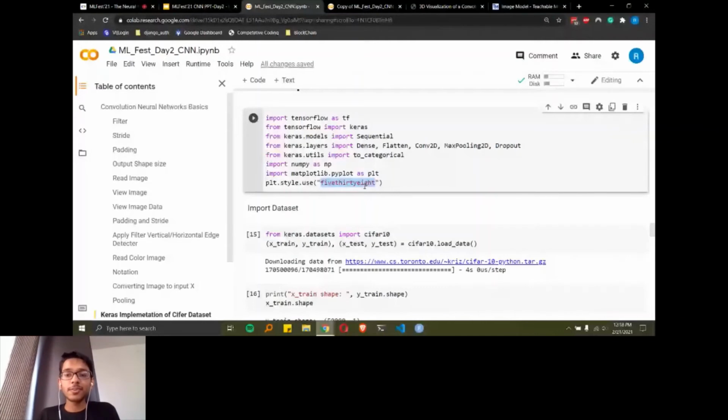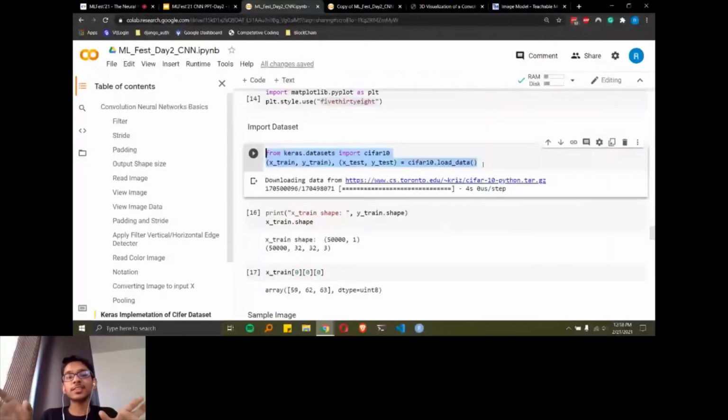So what we have done is imported the data and then split it into training and testing data. xtrain holds the image arrays, and ytrain is the label for that particular image. Like if it is a cat, then it will specify that it's a cat, and xtest, ytest are for testing purposes. We will not train on that, and it will be unknown to the model.